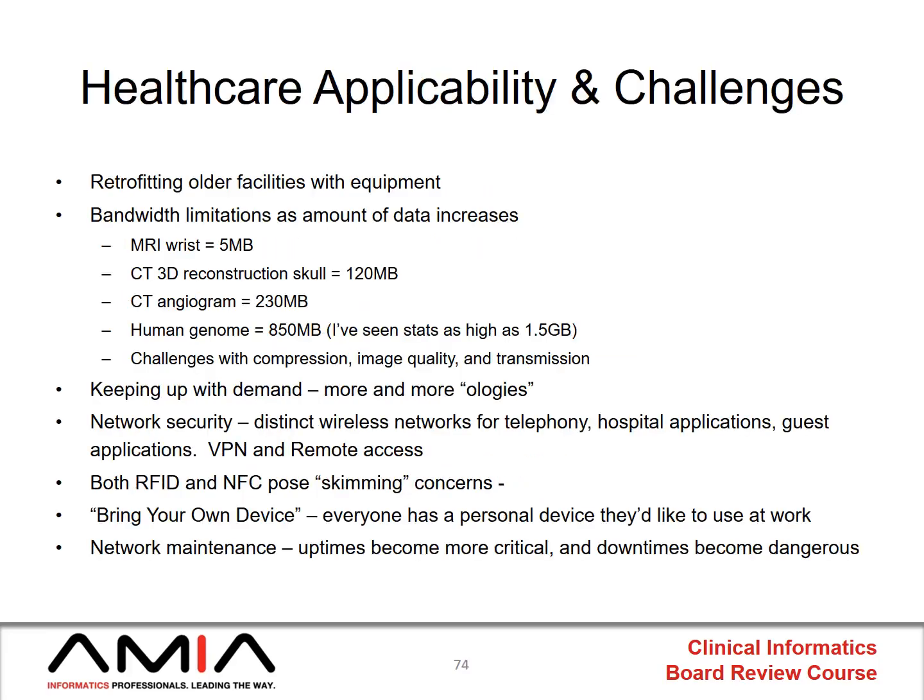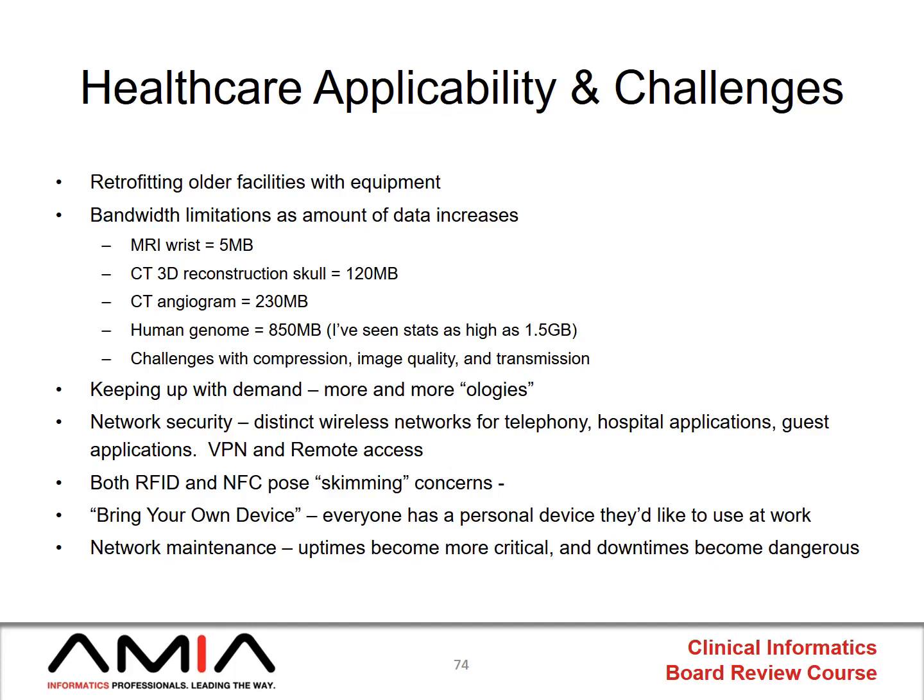Some of our biggest challenges with regards to all of these technologies is that, man, these are advancing way faster than we can keep up with. And so we have buildings that were built in the 90s or 2000s that did not and could not have anticipated the proliferation of these kinds of devices. So retrofitting older facilities with these kinds of equipment and dropping Cat5 cable across your hospital can be an expensive